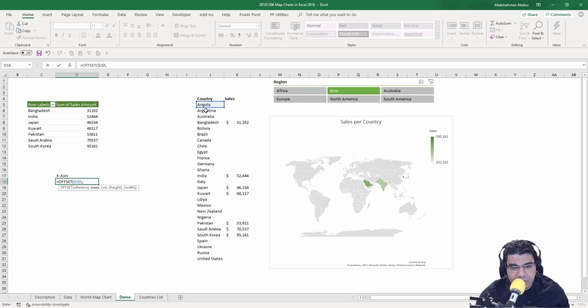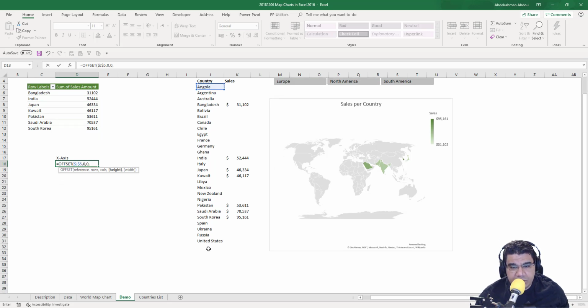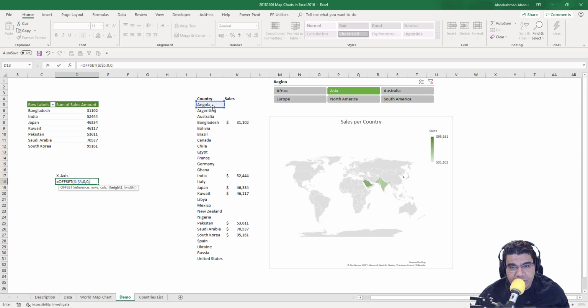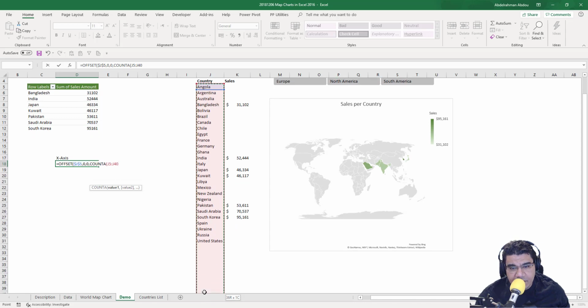beginning here, and then we're gonna move 0 rows, 0 columns, and the height is gonna be actually as long as we have countries and we don't have blank values, because guys, the formula here is actually gonna give us a blank value in case the list of countries is finished. So in order to stretch as long as the non-blank values only, let's actually try the COUNTA function first, just to demonstrate that. So COUNTA, and I'm gonna stretch here longer than my list of countries, and I'm gonna absolute that here, and then I'm gonna put 1 on the columns, and let's see actually what we get